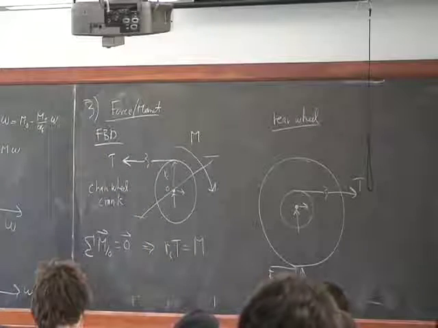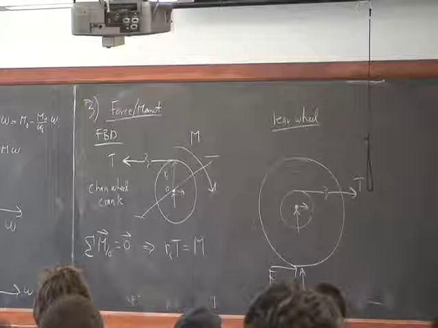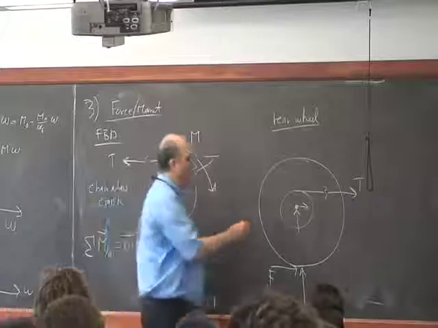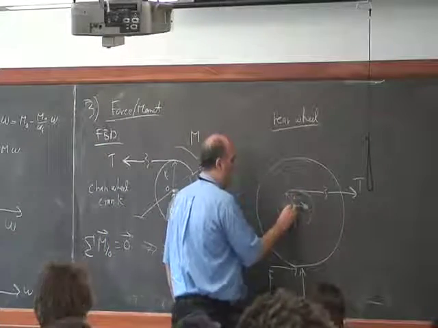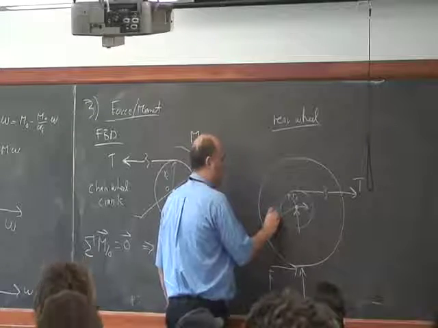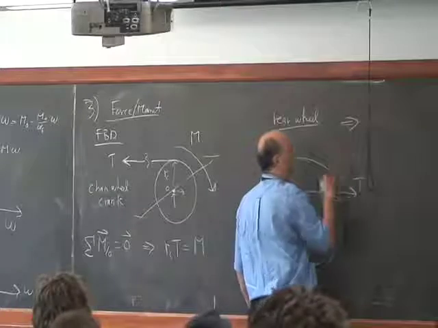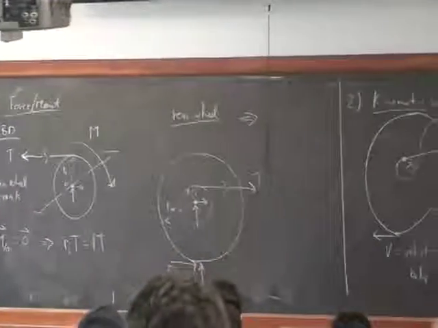Or if we don't use action and reaction, we look at force balance in the chain itself, neglecting the inertia. The two tensions have to balance for the chain to be in equilibrium. Given this picture here, we have these two radii, the radius of the free wheel and also the radius of the wheel itself. And we get from this, by moment balance, the sum of moments equals 0 as a vector equation. In 2D, it's a scalar equation,